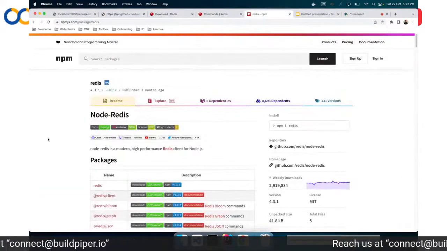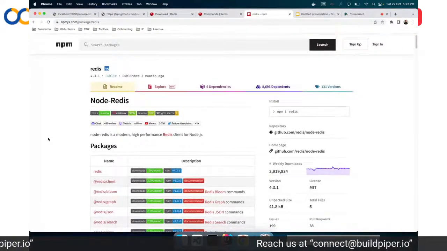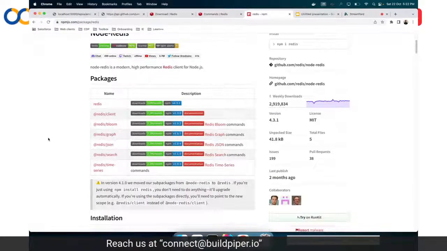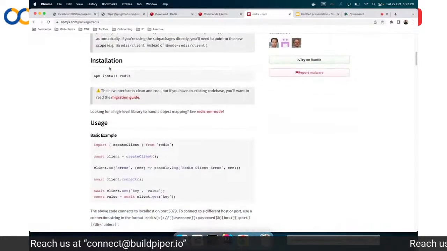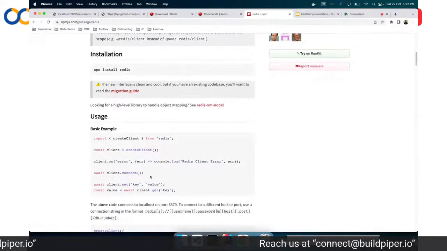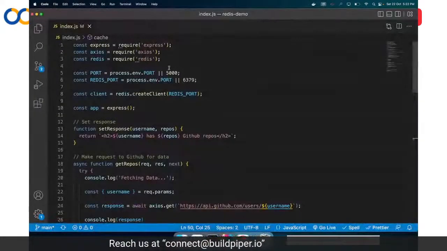So I've installed Redis in my project using the package manager npm. You can install it in your project using npm install redis. And this is a basic example of how you can create a Redis client using that. So that's what I have done.